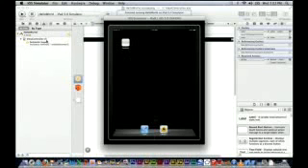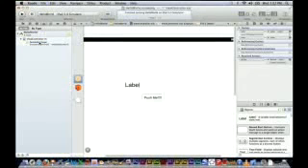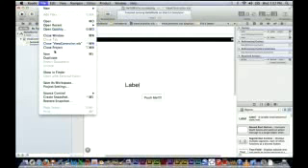Then you can just click iOS simulator and click Quit. And just save it,